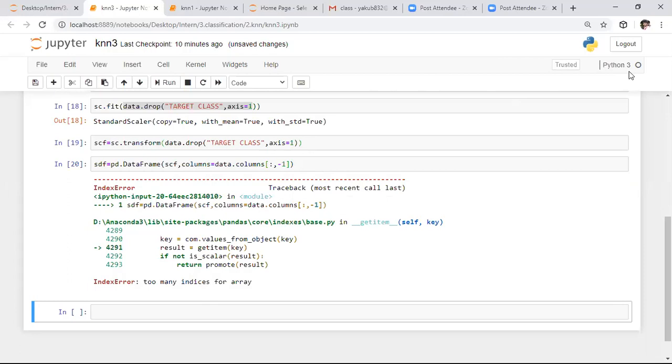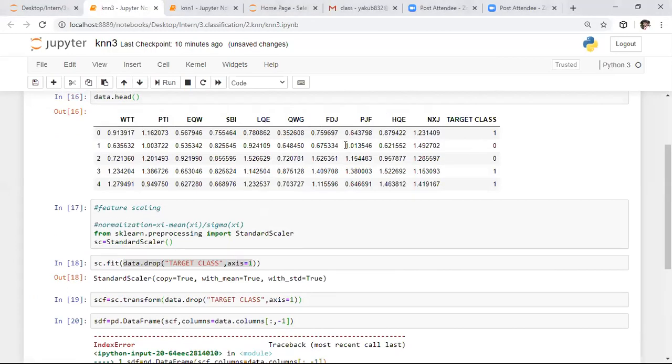Already SCF is with the dropped column, sir. Why drop the last column again? See, here we have column names in the previous thing, that is nothing but in this data. So we are giving column names from this. That's why I'm dropping this target class.